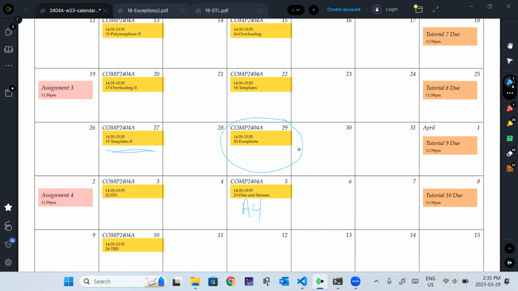I am guessing we might hear more information by Friday about the strike and what might happen. Either it'll end or the university, I know they're talking right now about what to do potentially if it goes on. So I'm hoping by this Friday we know more. If the strike does go on, then this due date might become flexible depending.